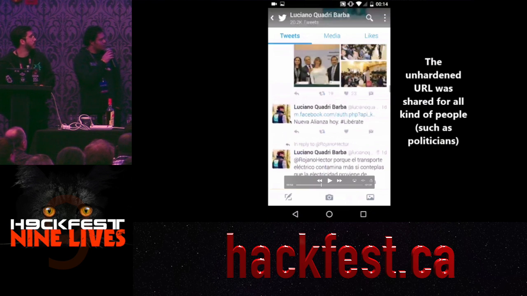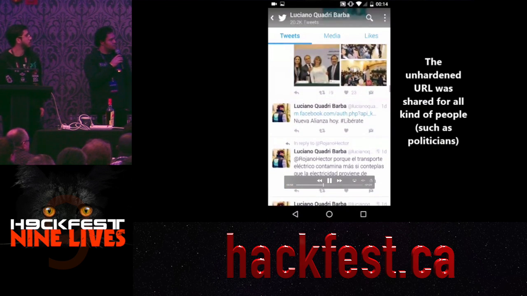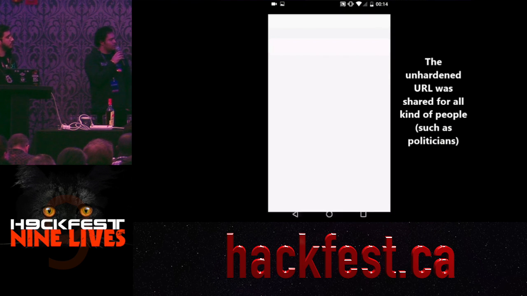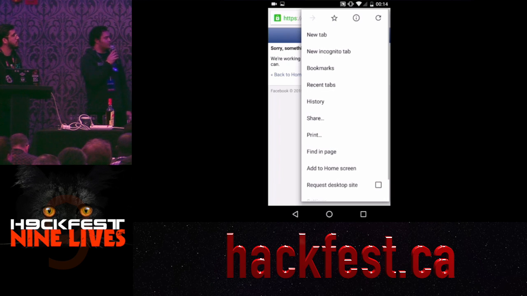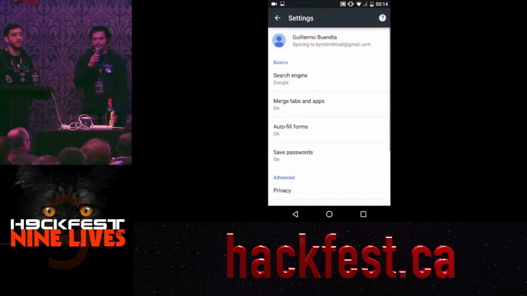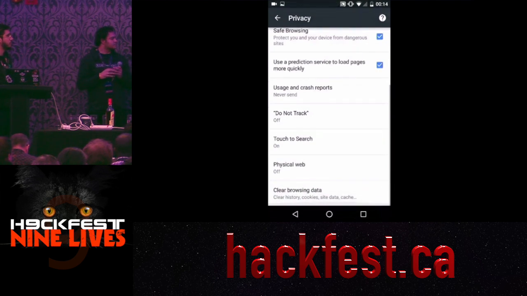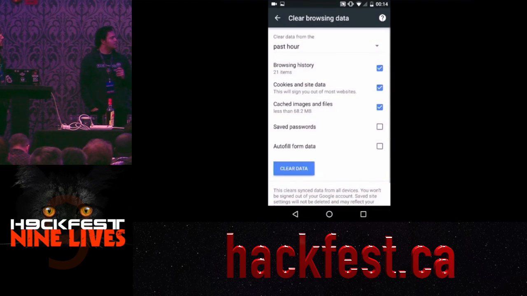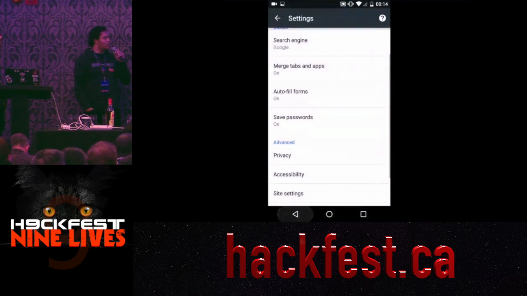There is one link, a vulnerability link, in his Twitter. So we click it. We have already exploited this, so we have to clean our cache. And once it is clean, we open the link again,